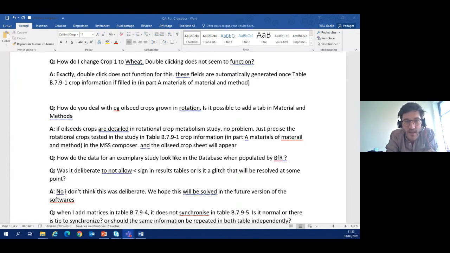Sorry. And so what can we do with oilseed? Is it possible to add a tab in materials and methods? If oilseed crops are detailed in a rotational crop metabolism study, it's not a problem. You just have to specify the rotational crops tested in the metabolism study in the table